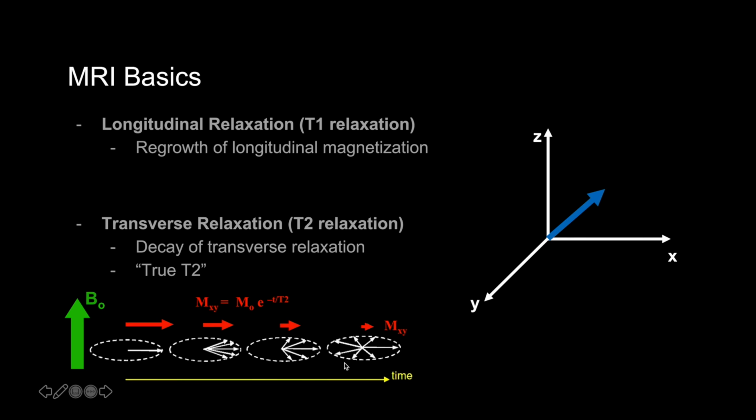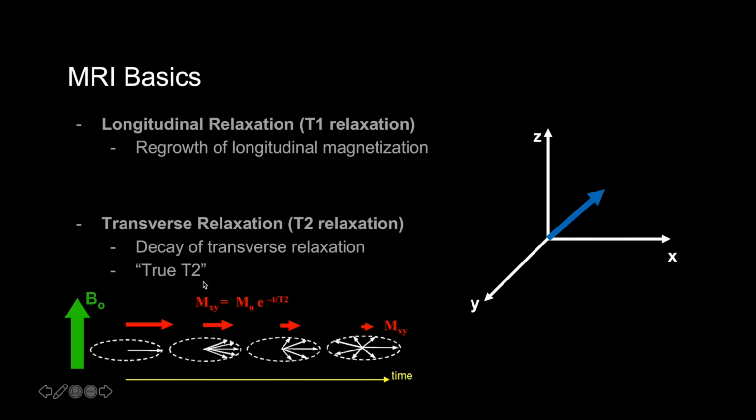Over time, so this yellow line here represents time, over time the nuclei begin to lose their phase coherence and they precess slightly out of phase and eventually lose signal in the XY plane. In other words, they relax in the transverse plane, transverse relaxation or T2 relaxation. This is based on interactions of the hydrogen nuclei with the molecular environment, and it's also referred to as the